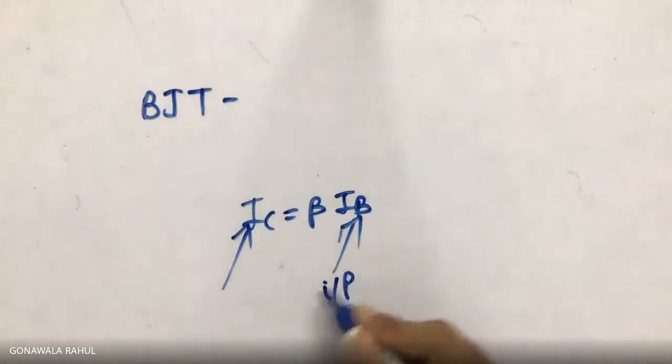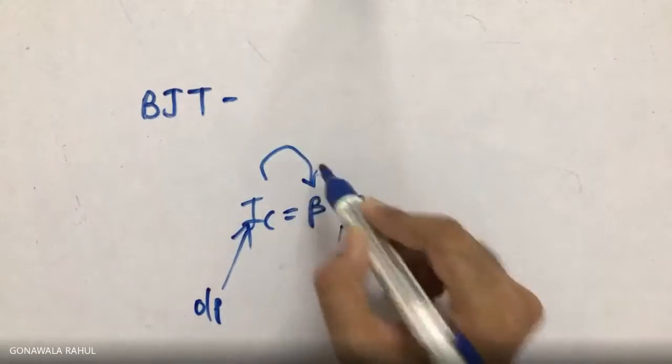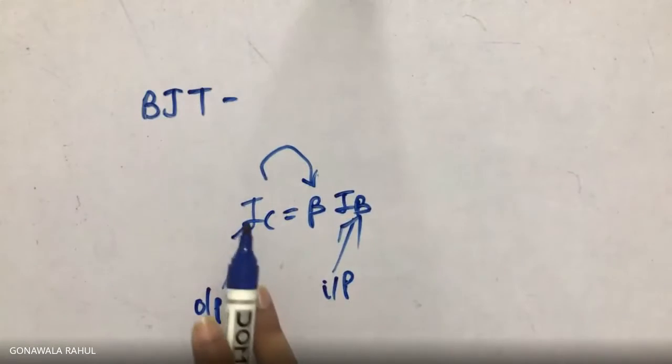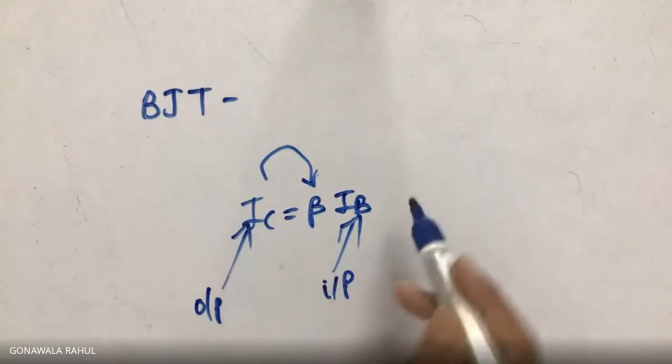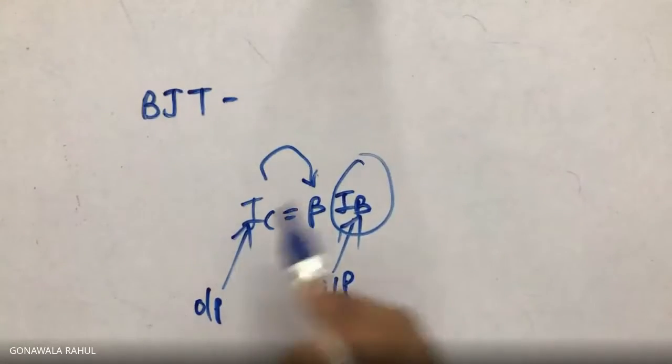IB is your input current, IC is your output current. So output current is amplified beta times. So output current is controlled by input current, and hence